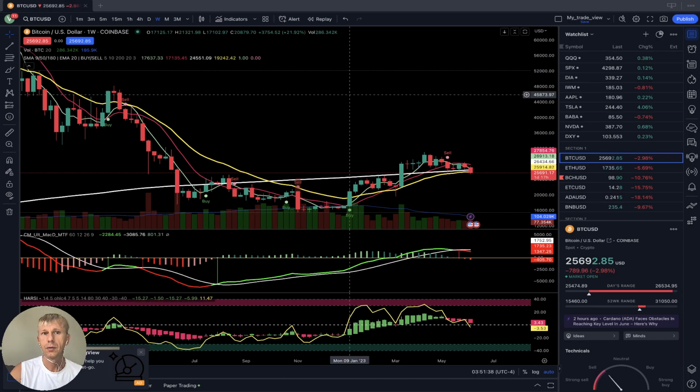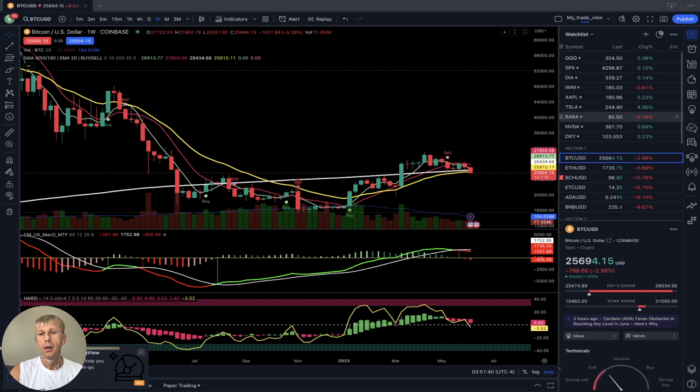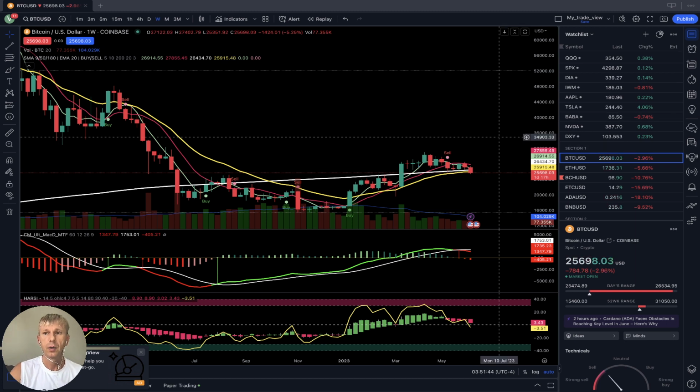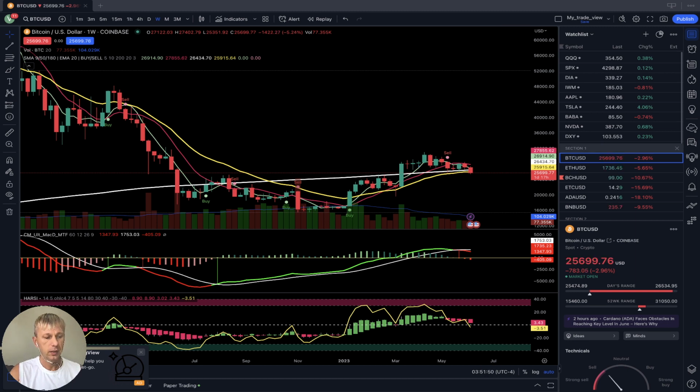Okay, let's move to charts and do a review. Let's start with the weekly time frame. For swing trading, I'm using daily and 4 hours time frame for entry and exit position. For weekly, I don't trade on the weekly time frame. It's good for investors, but I do monitor weekly and monthly time frame for market trend direction. And today is June 10, Saturday.